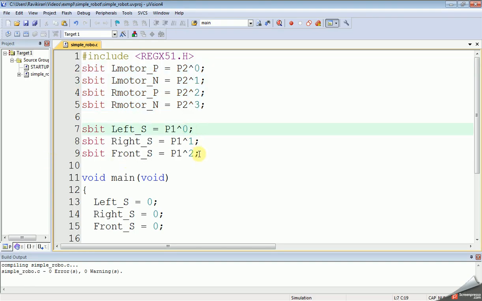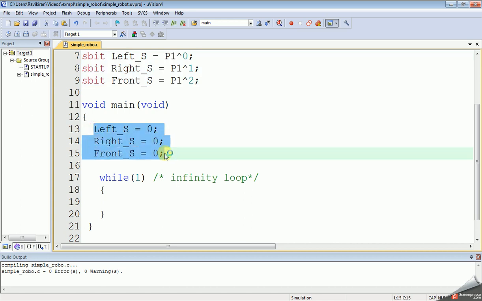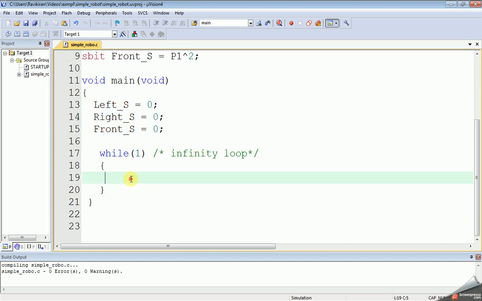There are three sensors we need to represent, that is left sensor, right sensor, and front, which are connected to port 1, pins 0, 1, 2. Initially the sensors will be inputs, so we need to make them 0 initially, so that they can detect a high signal whenever there is an obstacle. Let's start our main logic here.